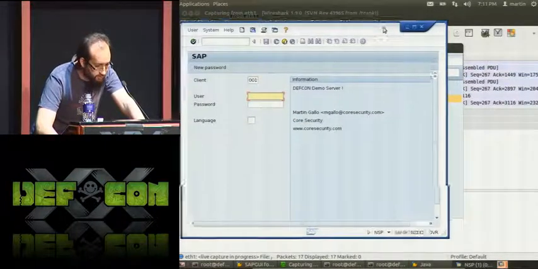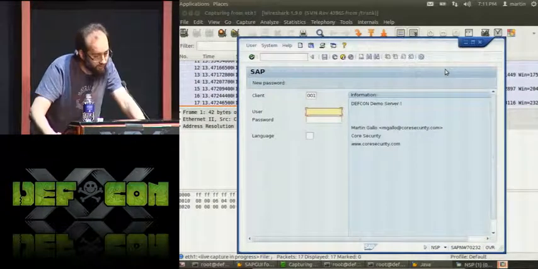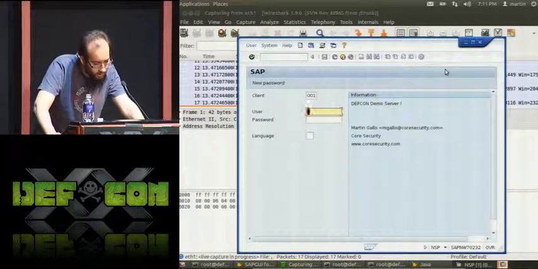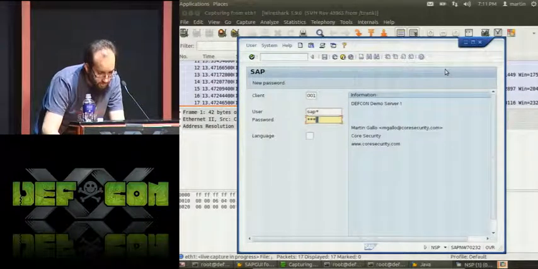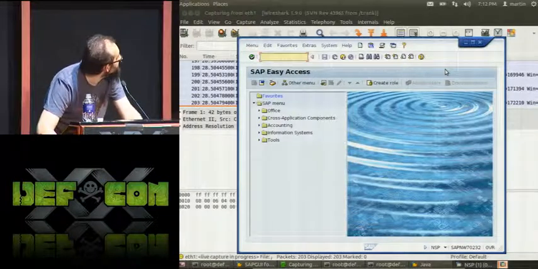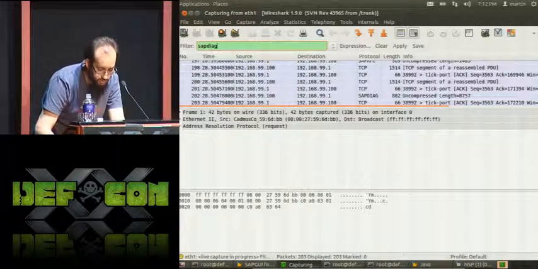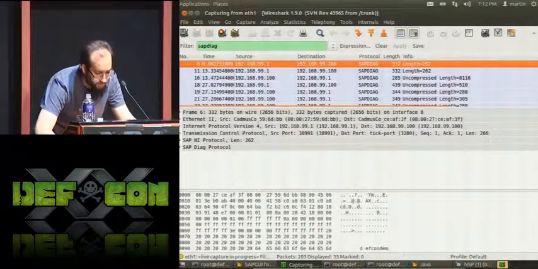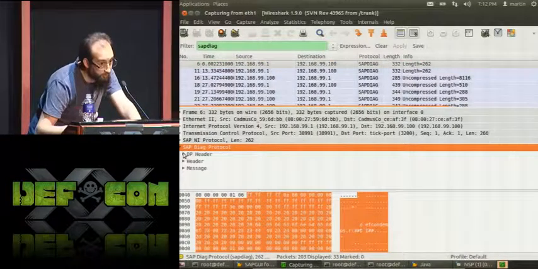Okay, this is the standard SAP GUI desktop application. So I will make a login, and just to look at how the packets look, use the display filter,